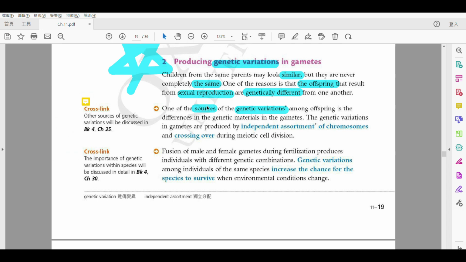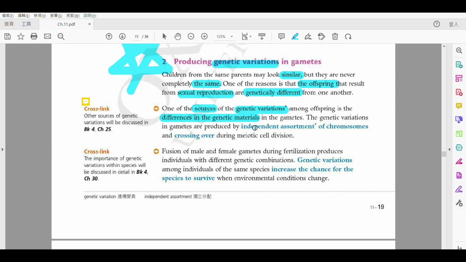So what is the source of genetic variation? 就係 difference in genetic materials. Where does the variation come from? Of course, 就因為佢哋嘅 DNA 係 different 咯，即係代表佢哋嘅 genetic material is different, 得唔得？